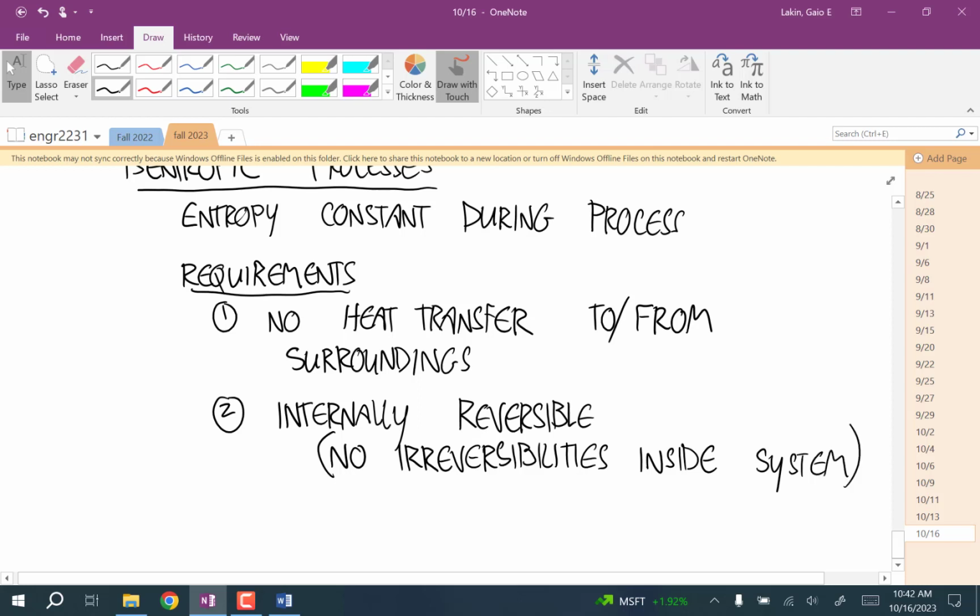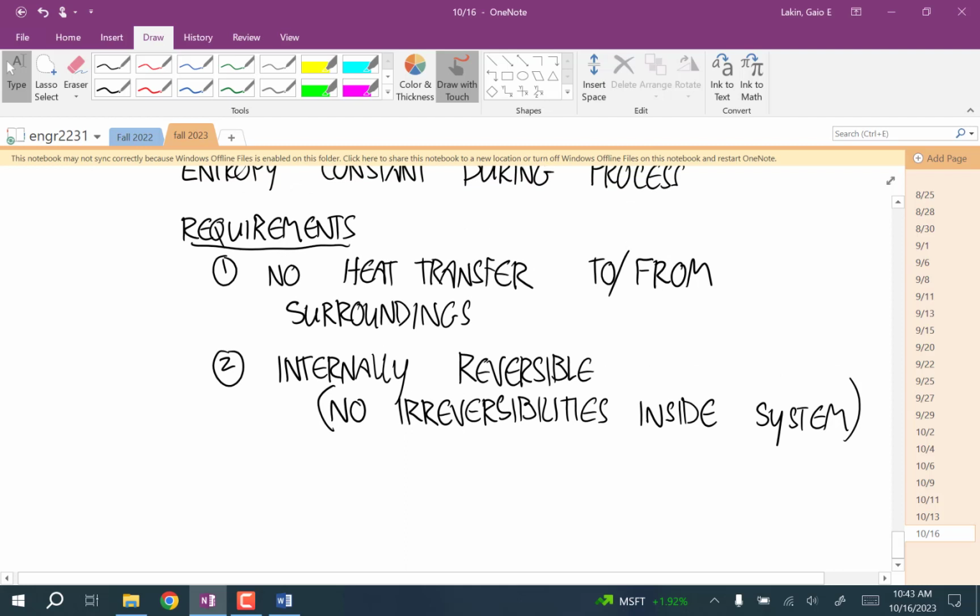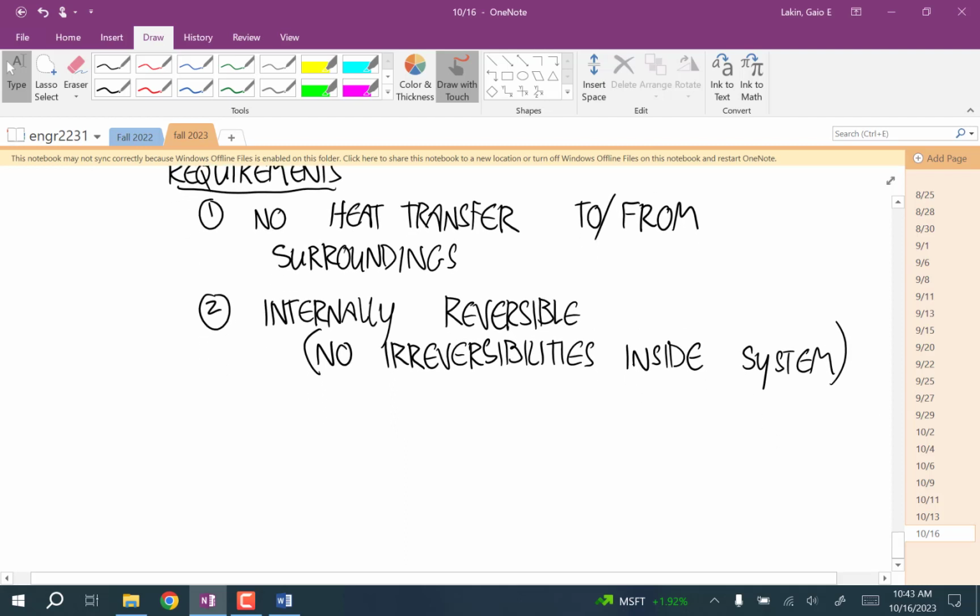Okay, well, there are a lot of processes, like the compression in a piston or something, where these would be reasonable assumptions to make. So using this isentropic simplification, we can deal with a lot of the kinds of processes we want to do calculations for. So if you have these requirements met, and that means that entropy stays constant,